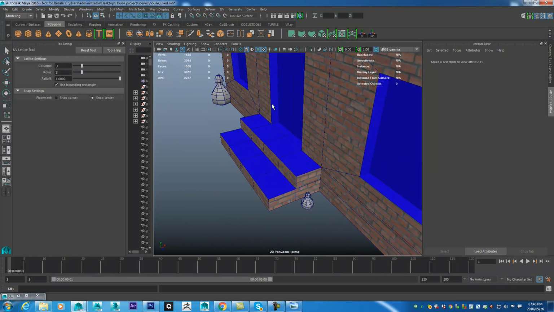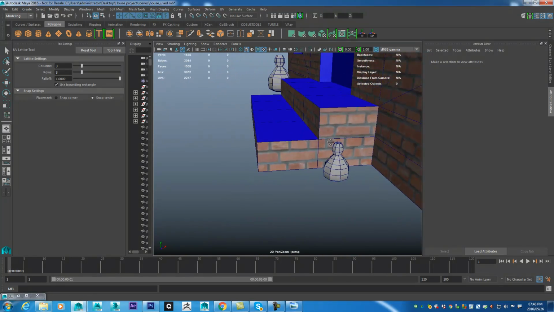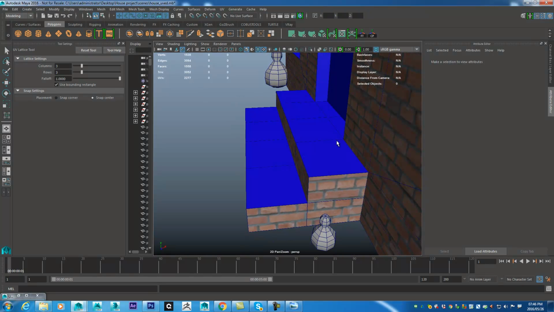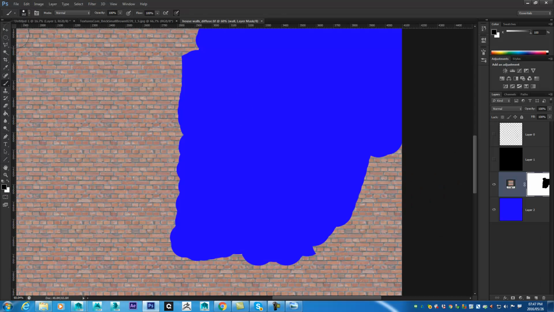So the next step for me would be to start painting a specific mask just for the concrete. So I'm going to take my concrete that we have, or the cement, and essentially run through the same process of creating a pattern, if it's a pattern based kind of texture, and then see how we can tile that multiple times. So back to Photoshop, I'm going to open up